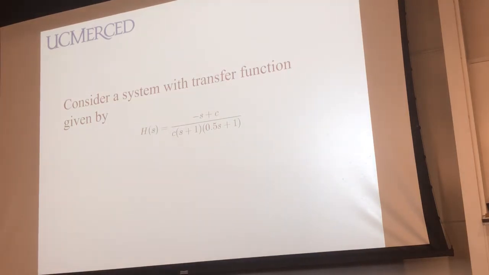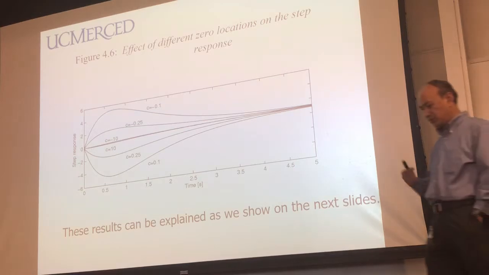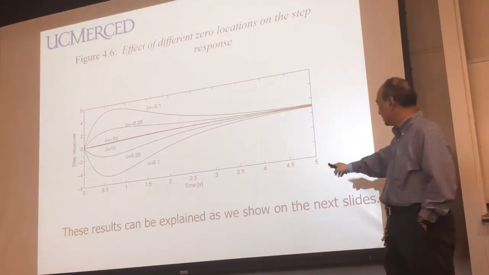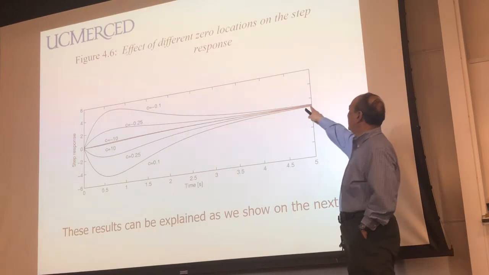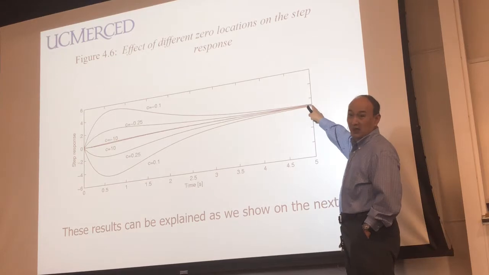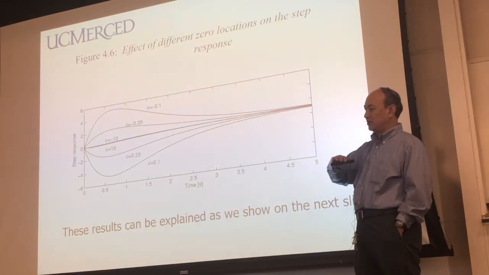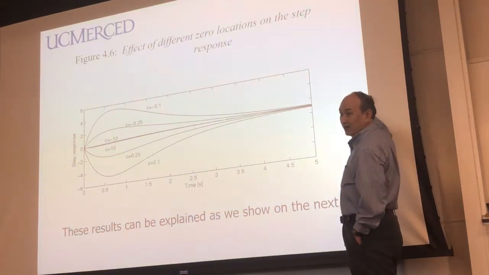Again, what is the DC gain here? 1. Okay. In other words, if I give you a step, after the transient, you will settle. So if I give you a step as an input, what is the output when the output settles, as t goes to infinity? It will settle to G0, the DC gain, so the DC gain is 1. You give a step 1 input, and eventually the output also goes to 1.